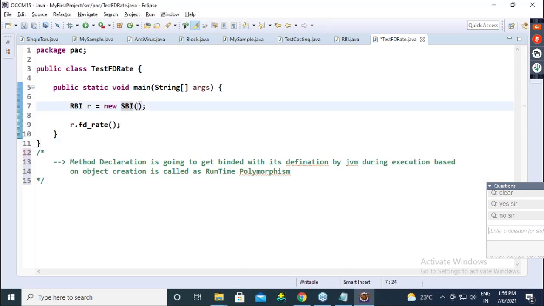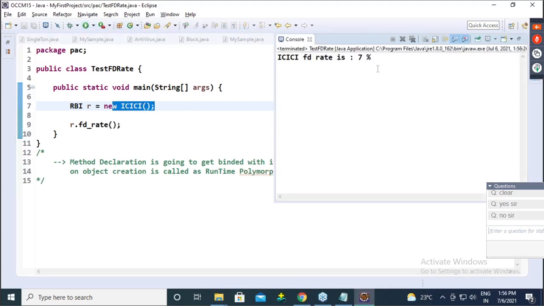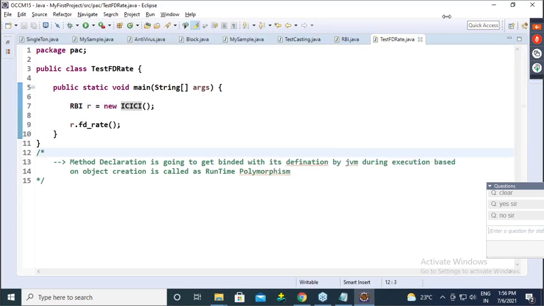If I create an object of ICICI, that's it, only here make the change. Automatically you will get the ICICI implementation. Clear, everyone? Okay, so this is complete runtime polymorphism.